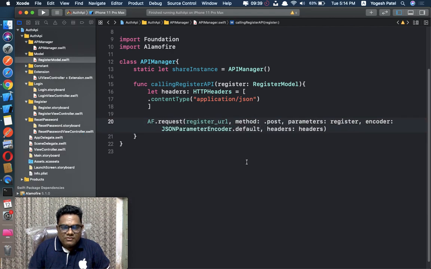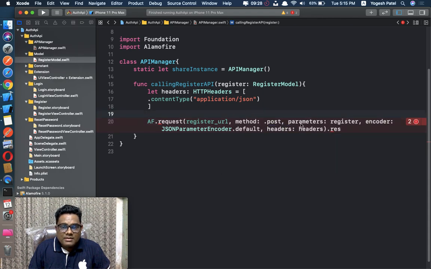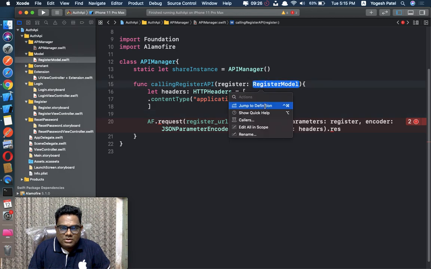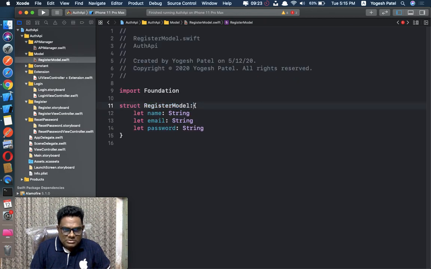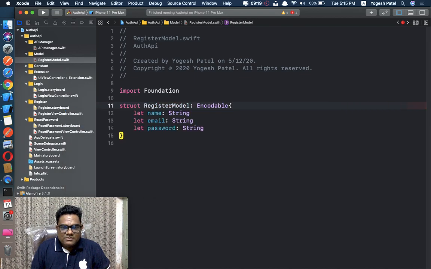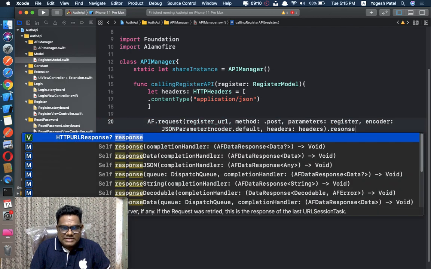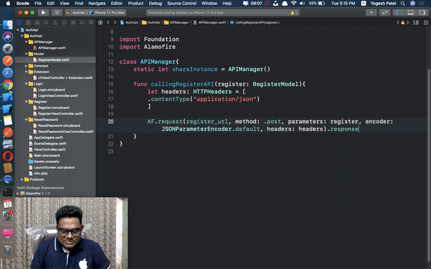So I am using the default encoder here, and .response. What happened? Yeah, we have to conform to the Encodable protocol, then it works. A type that can encode itself. I will explain why I use Encodable here, why I use parameters here, and why I directly pass the register here.